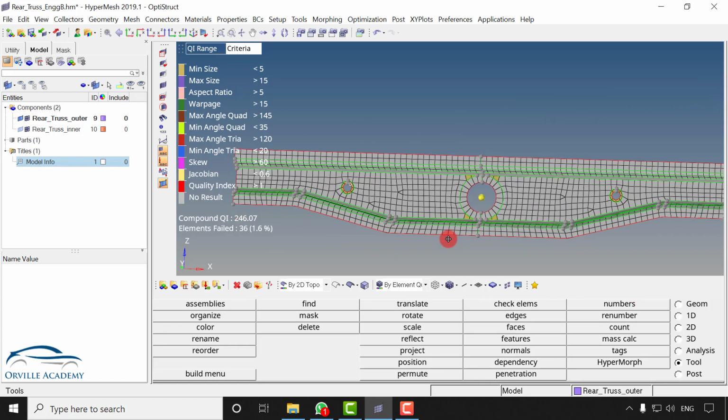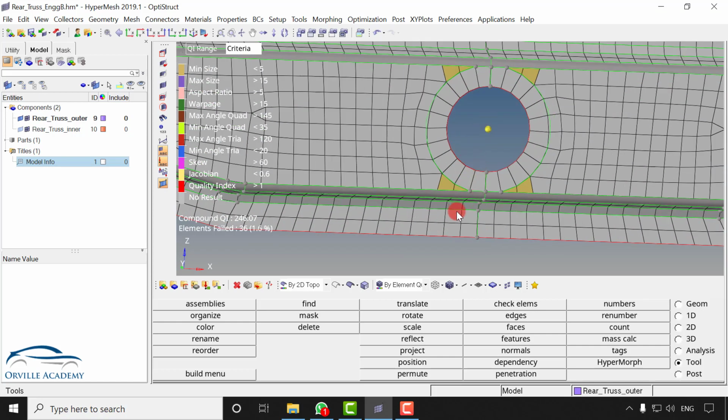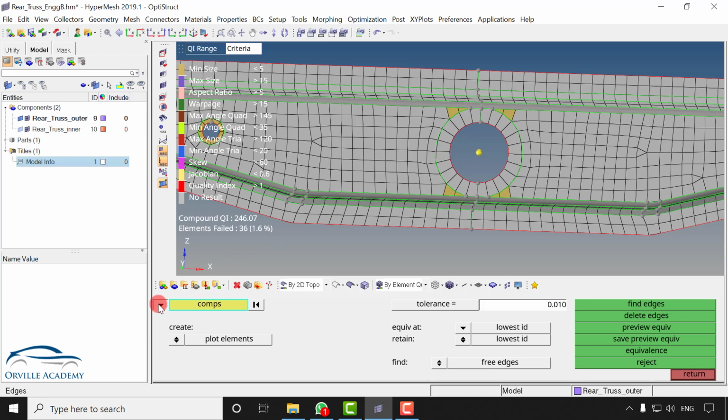But as we know, when we reflect the geometry at this location, it might happen that connectivity will get lost. Now to make those elements connected, I can go for shift F3. Let me switch to the element, select all the elements, and here I will go for preview equivalence. If the nodes are lying within this tolerance, that means they will get equivalenced or connected.